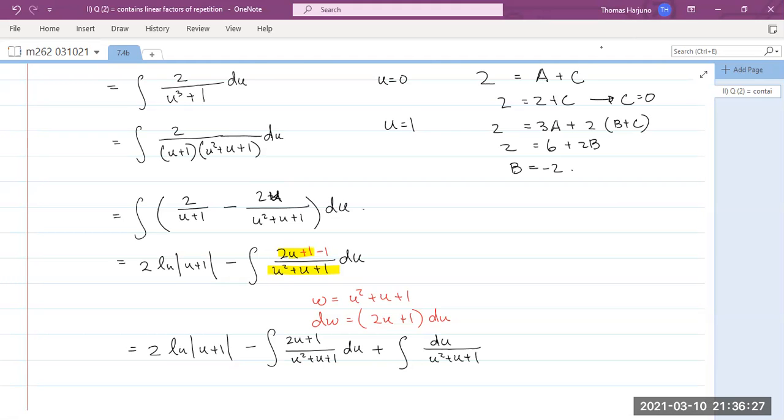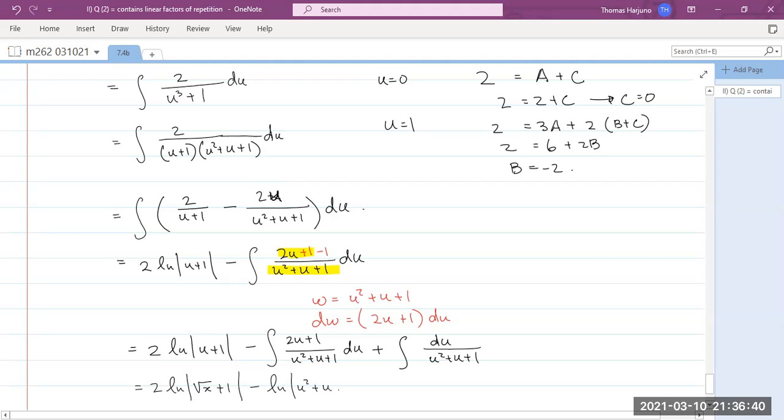Yeah, I massage it to be like that. So here we have 2 natural log of square root of x plus 1 minus natural log of u squared plus u plus 1